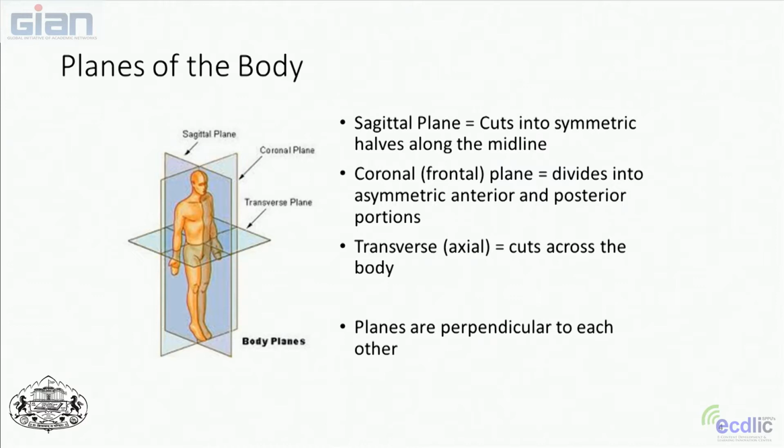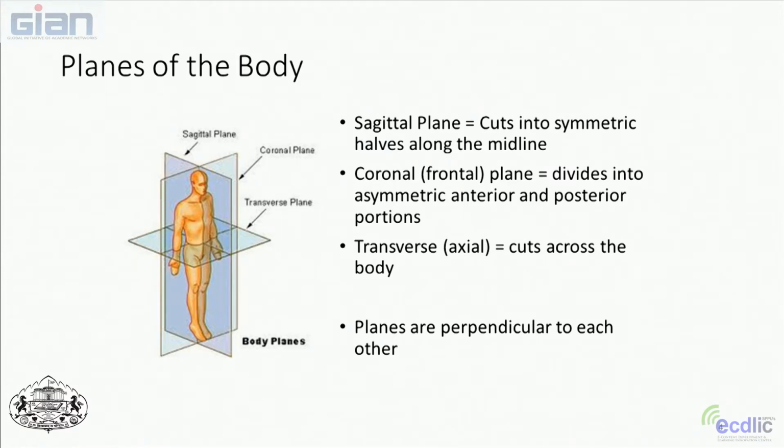Okay, when you talk about anatomy of the body, there is some terminology that is used, and one of the terminology that we use is the planes of the body. So this is if you would cut the body in a certain way and look at it from inside. So the sagittal plane is right down the middle. So that's really the only plane that causes symmetry if you cut it in half. So if you try to remember, you could remember symmetry and sagittal. Both start with S. So that cuts along the midline.